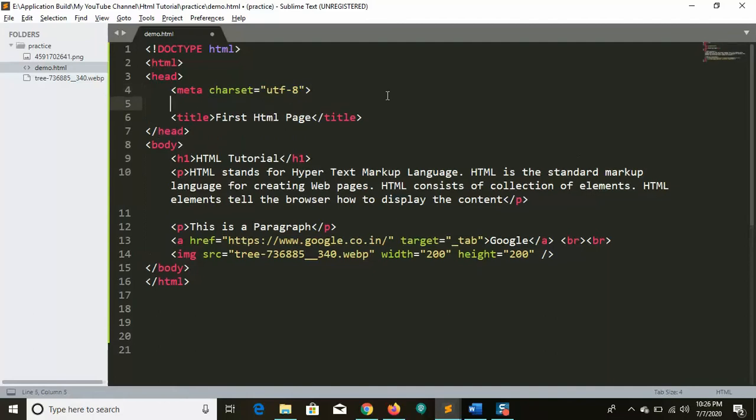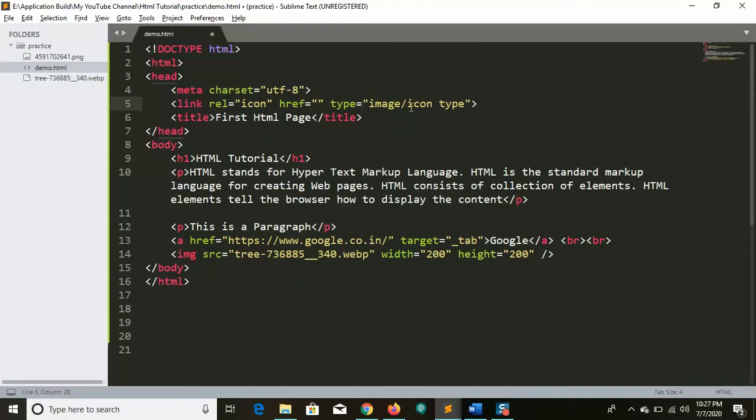So now let's go with the icon. How can I do it? Okay. For the quick notes, I have added the link. So link, rel. So rel is for the relation. I am mentioning it as icon. In the href, we know that we need to give the icon path. So where this icon is located, you need to give that path, right? We can also specify the image type, image slash icon. Okay, so let me give the path quickly.